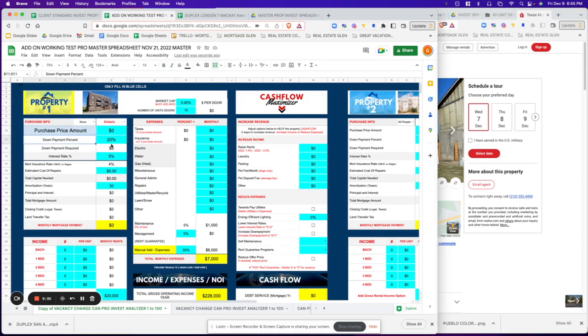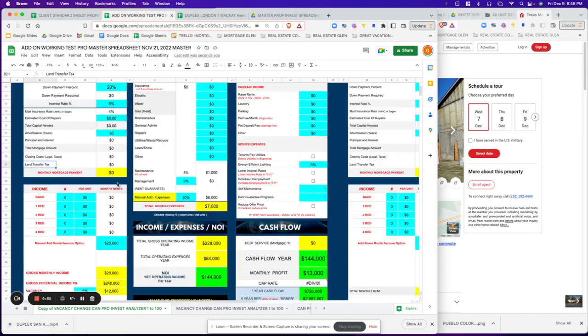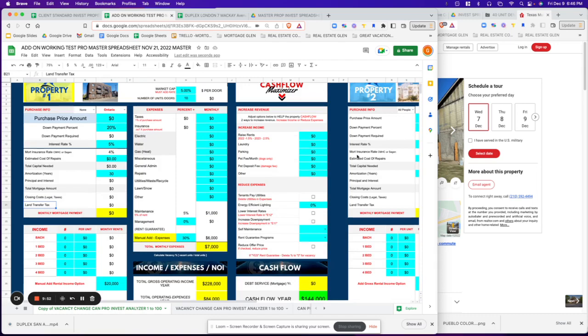And then you're going to have your down payment. Down payment will show us what's required, and interest rate. Okay, so those are the main things here to start the process. It's very similar in terms of everything else being calculated, your closing costs, your land transfer tax, once you add the amount. Okay, so what I'll do is,